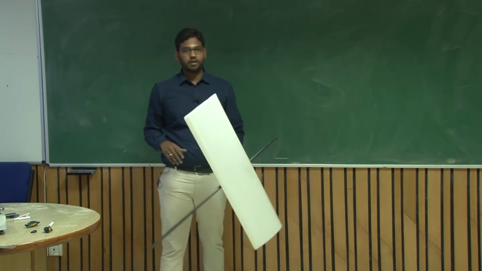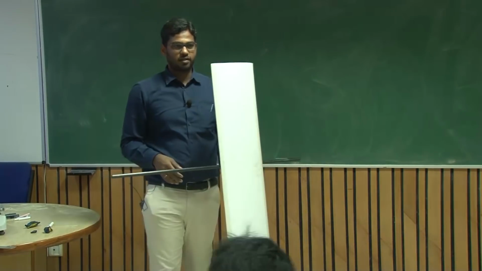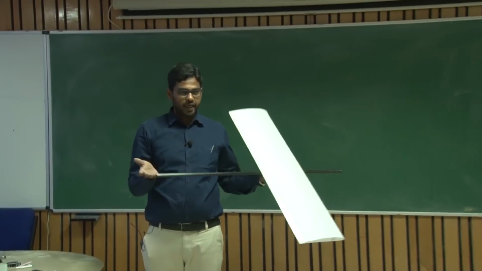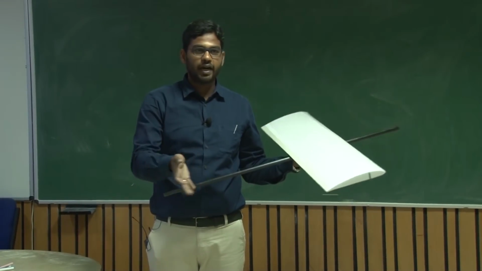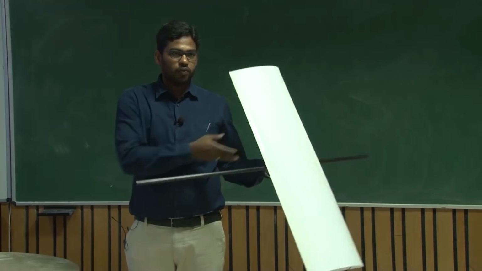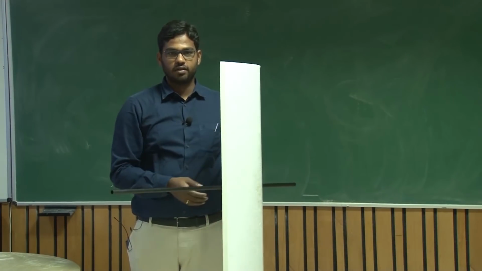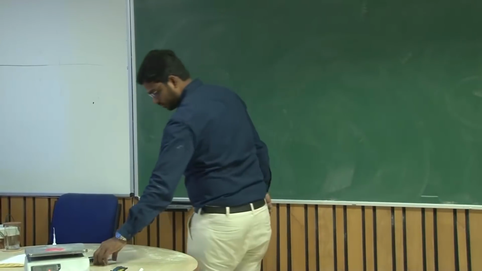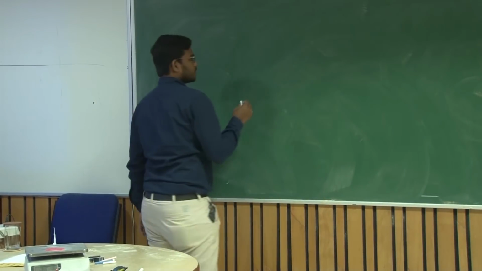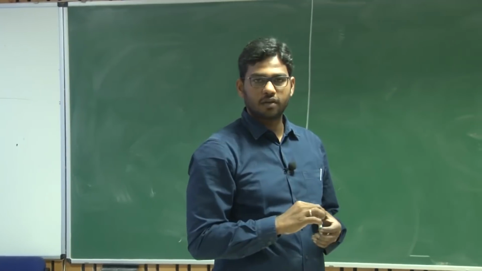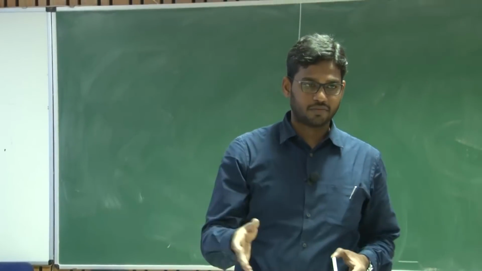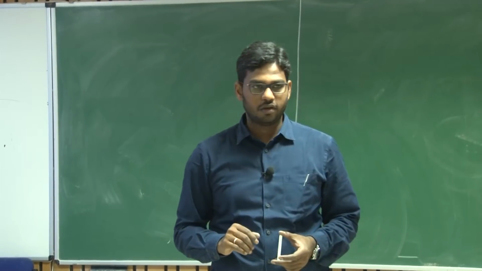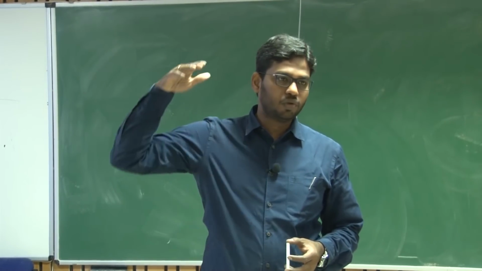That means you need to figure out what the limits of this CG are. And right now we do not have a tail, right? What happens if we add a tail? How far can this CG traverse be allowed? We will discuss this in this lecture. Now, when the CG is close to this aerodynamic center, in this case for a wing alone configuration, and that too for a cambered aerofoil, we see a smooth flight.